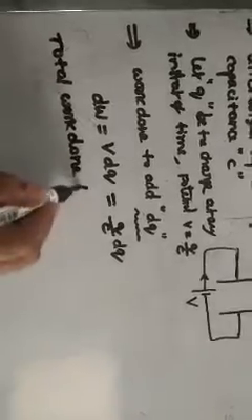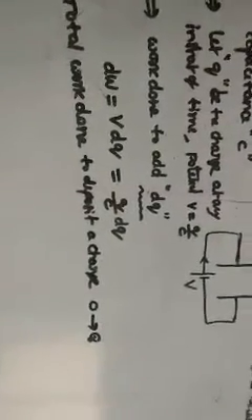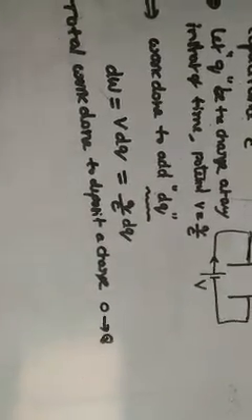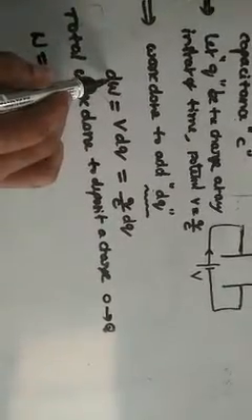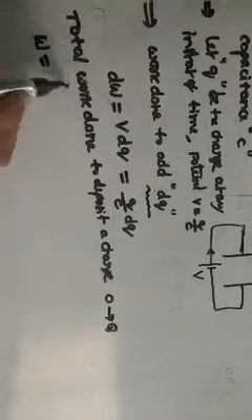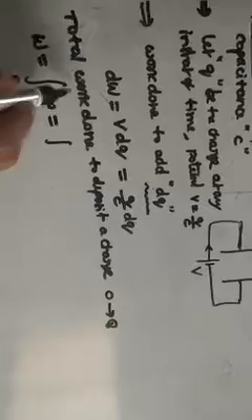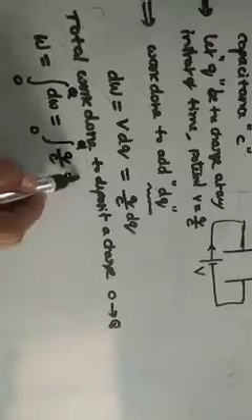Now my aim is to deposit a large amount of charge, capital Q. So the total work done to deposit a charge: initially I told you it is uncharged, 0. Now I want to deposit the charge Q on the plates of the capacitor, that is 0 to Q. So W is equal to, this is the small amount of work done, now I want the total work done, so add these small amounts of work done, from 0 to Q, of q by C dq.